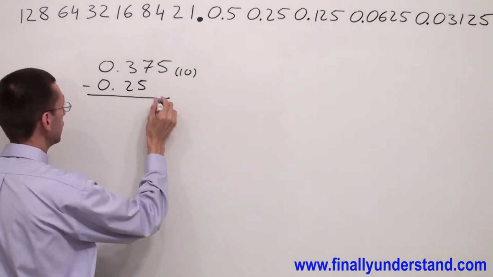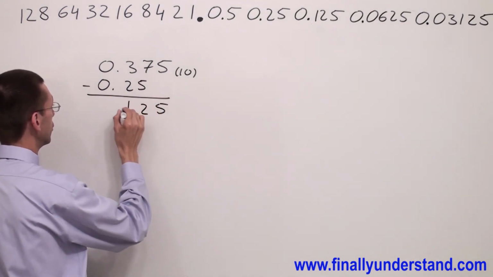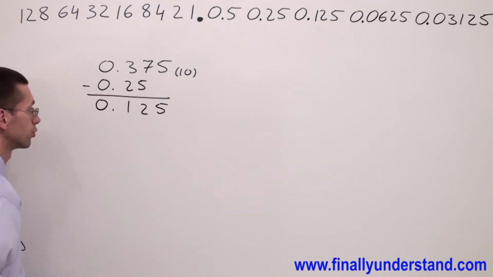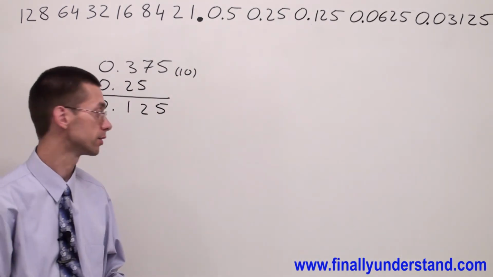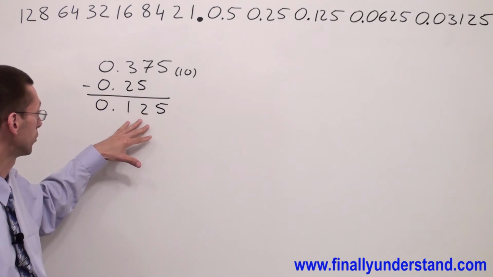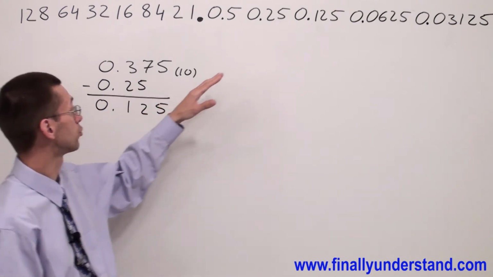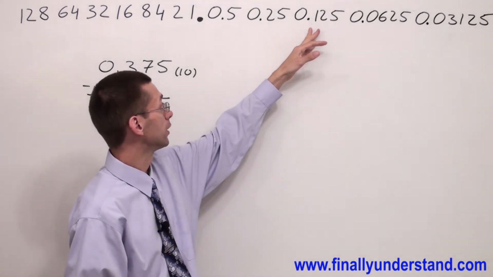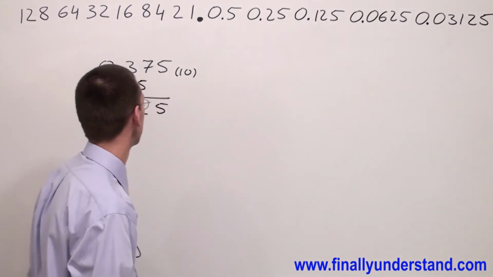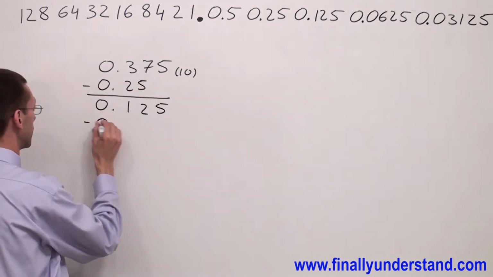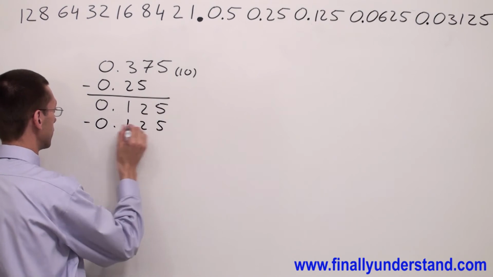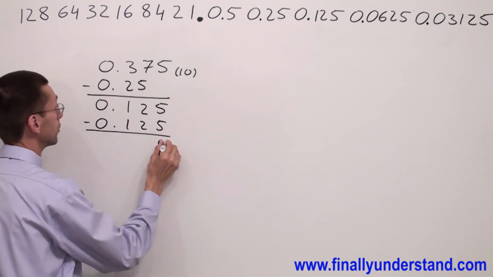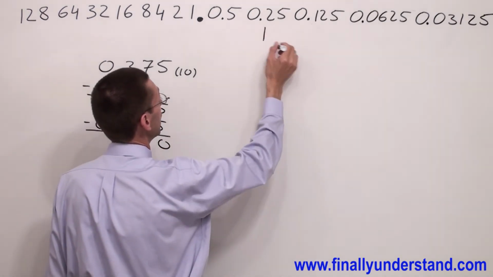We have 5, 2, 1, 0. Again, you're supposed to ask yourself, what is the highest weight which I can subtract from this number? I can subtract 125 thousandths, right? So I have 125 and I have got 0. I subtract 0.25 and